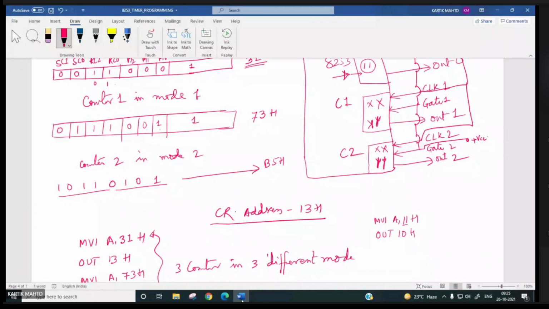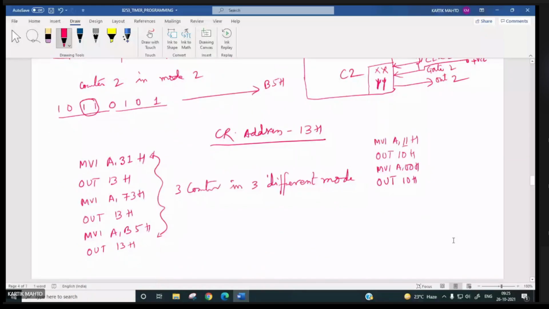Since we have selected this 11 over here, next you have to MVI A, 00H, OUT what? 10H.